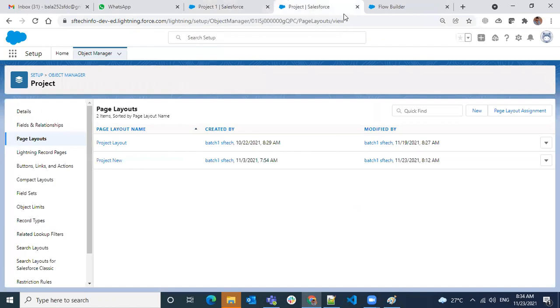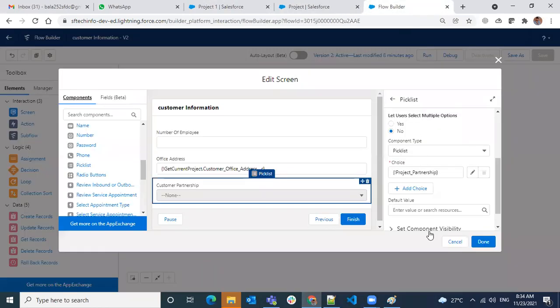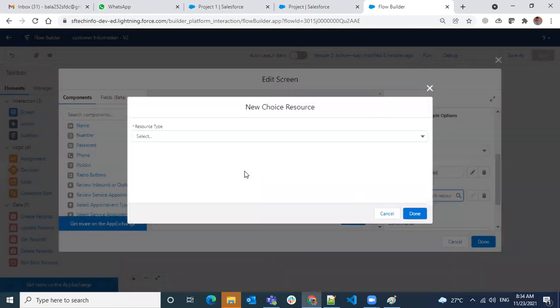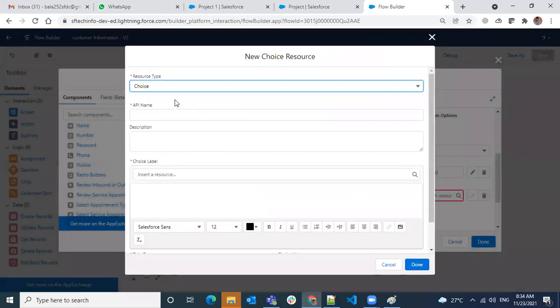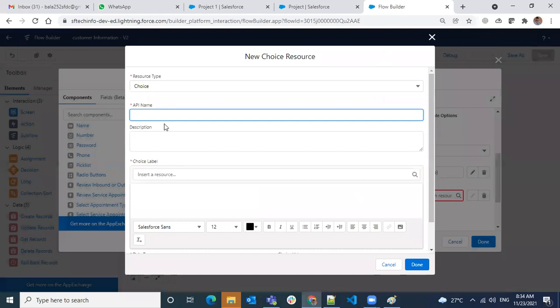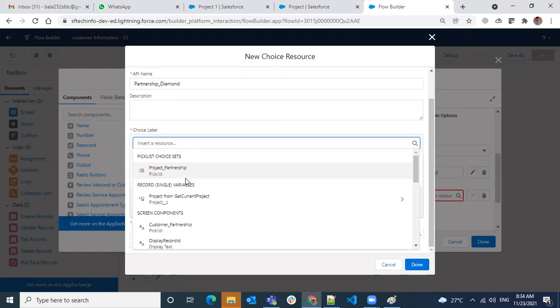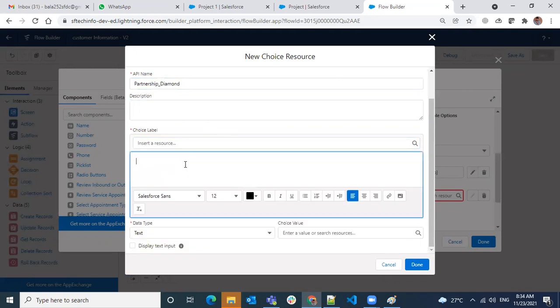If I want to add more here, let's say add choice, I create a new choice, and here I want to give one extra choice. That was partnership, partnership diamond. Okay, choose label, source.